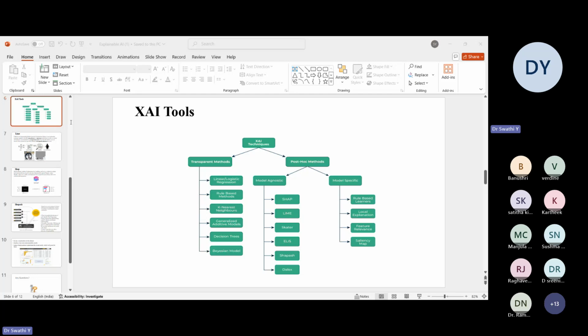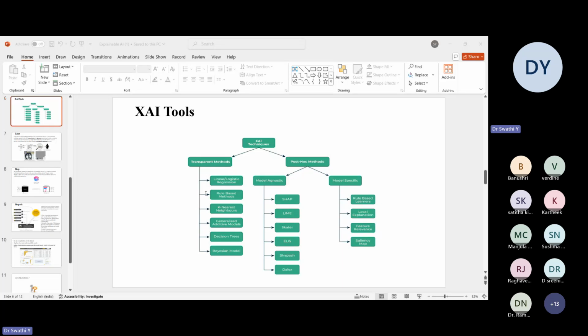The only thing is that whenever you install that particular AI tool, you have to load that explainable object. That is the only difference. Otherwise, everything is common. Here I imported the necessary libraries, and then divided my data into training and testing. I've used the random forest classifier algorithm.